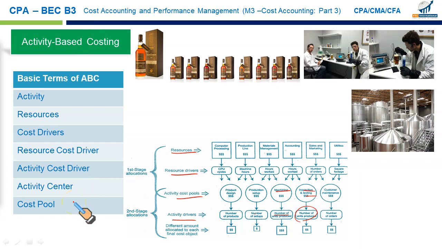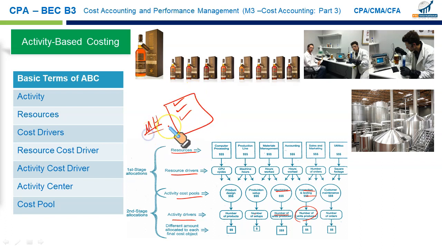And then finally, we have cost pools. What are cost pools? Cost pools are groups of cost. Like for example, if we have a material handling cost pool, right? This material handling cost pool is a group of costs. It will contain the salary of those people who are responsible for handling materials, moving them from one place to another. It will involve the depreciation of the tools that are used to transport or to carry goods from one place to another within the production facility, right? And other electricity consumption for using the machinery to move goods from one place to another.